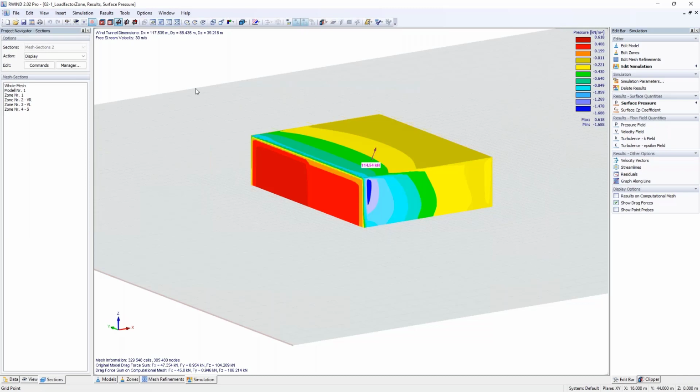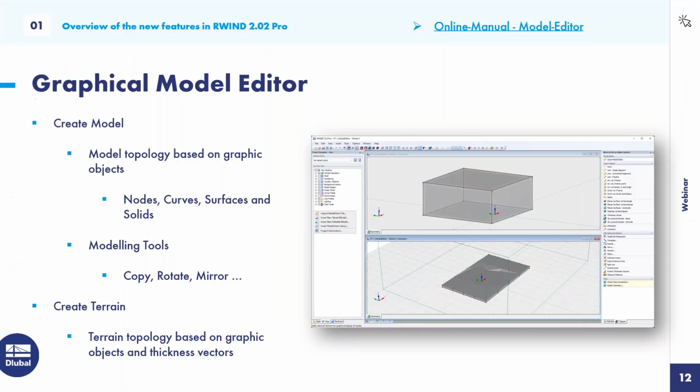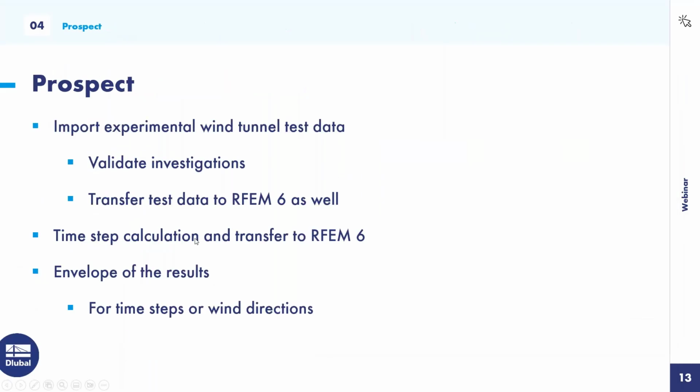But the printout report in RFEM is most likely better, because this is meant to calculate the wind loads, get an estimate, and use it with RFEM6, or maybe do your own graphic snapshots in here and document it. All right, so I will jump back to my presentation, because I'm coming to an end with my content,